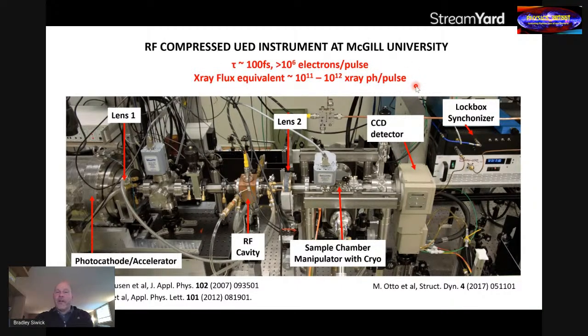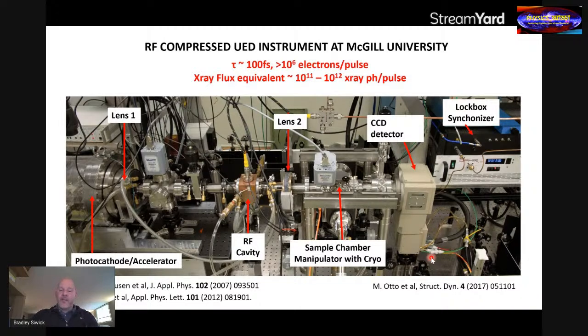latest generation ultrafast electron source user facilities that are becoming available elsewhere. So this is a remarkably powerful instrument. I would say the most powerful of its kind in any research lab worldwide. And we've been having a lot of fun with this, doing all sorts of experiments of the kind that I described to you